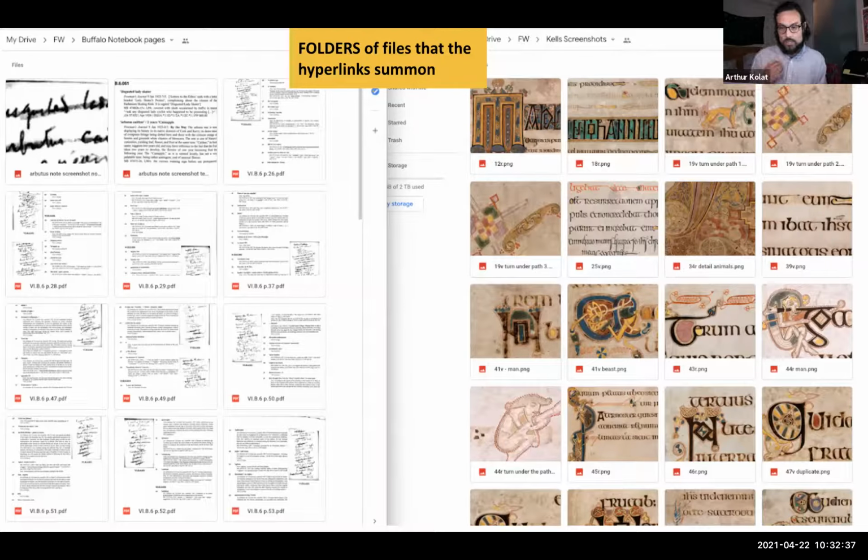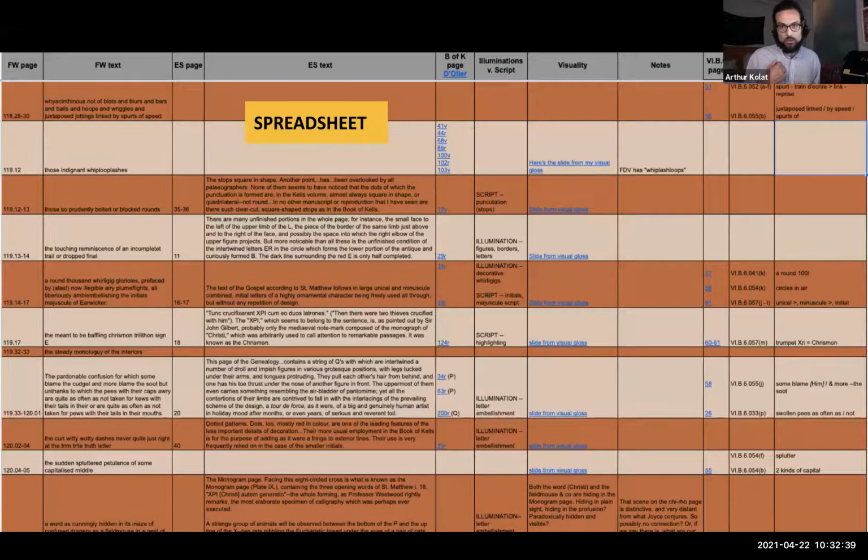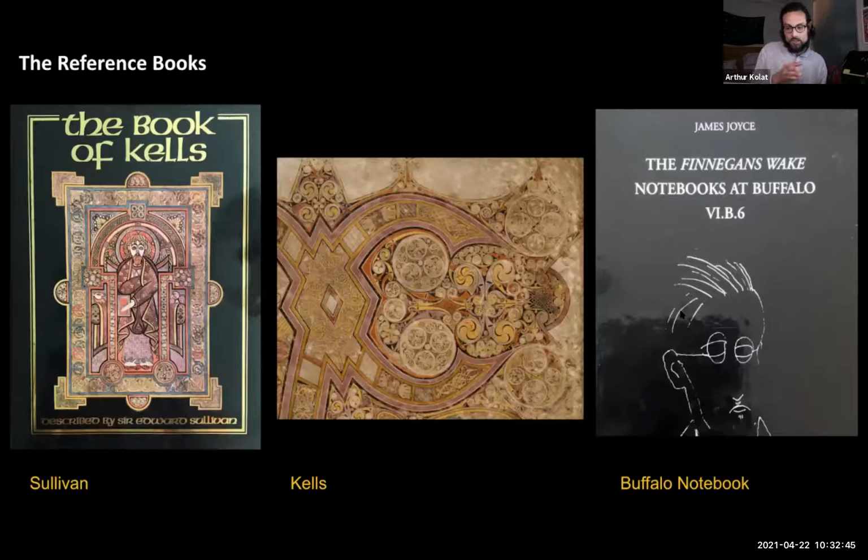My spreadsheet lines up from left to right parts of Finnegans Wake, Edward Sullivan's early 20th century introduction to the Book of Kells, the Book of Kells itself, and the Buffalo Notebook entries of notebook 6.b.6, which records the notes that Joyce took while he was working on Finnegans Wake.